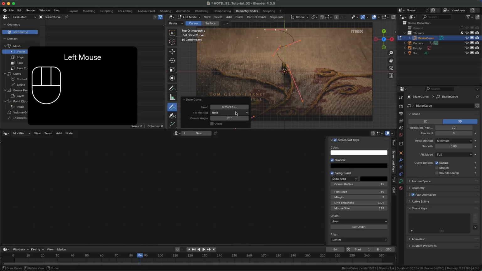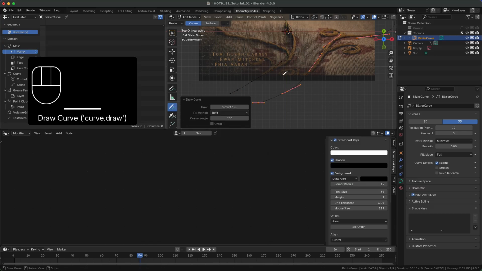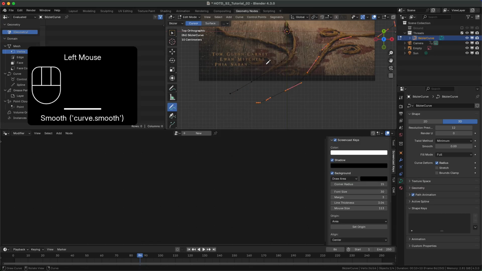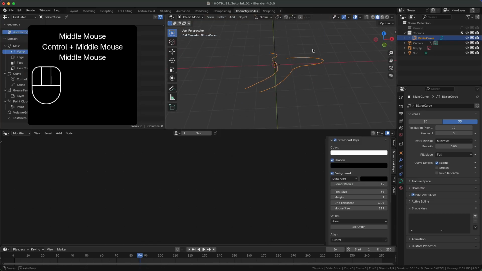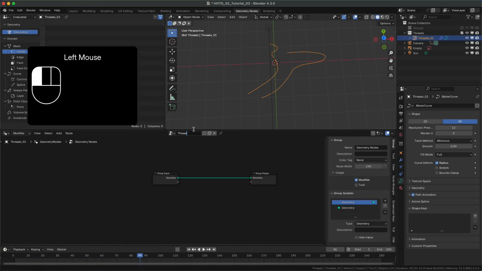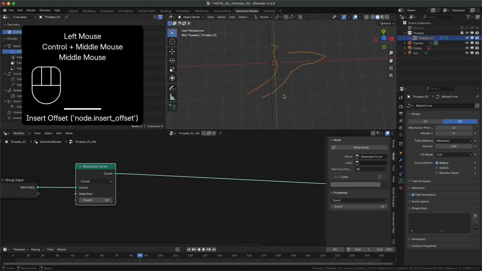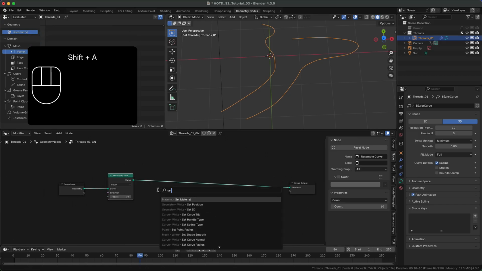Obviously it's not perfect due to the perspective, but at least we now have a reference for how it should look. It doesn't need to have many vertices, but I always like to add smooth edges, and now it's basically a matter of drawing what we want. We change the name of the object, create a new modifier, and rename it to threads_1_GN. We make room and add a resample curve with a value of 60, add a set position,